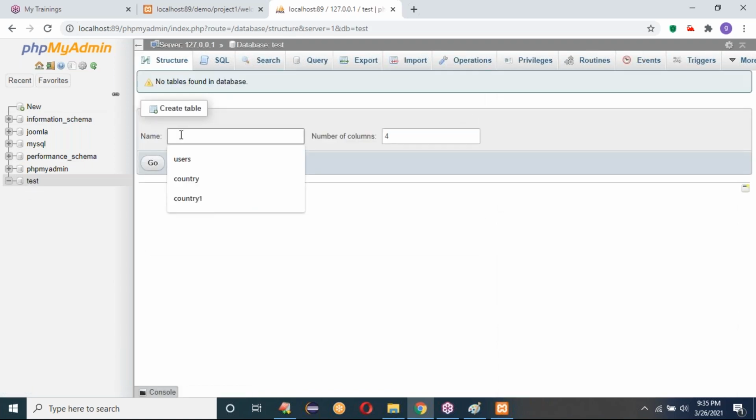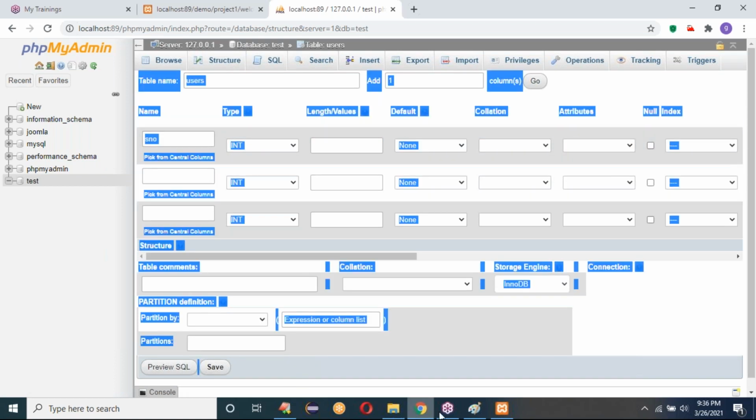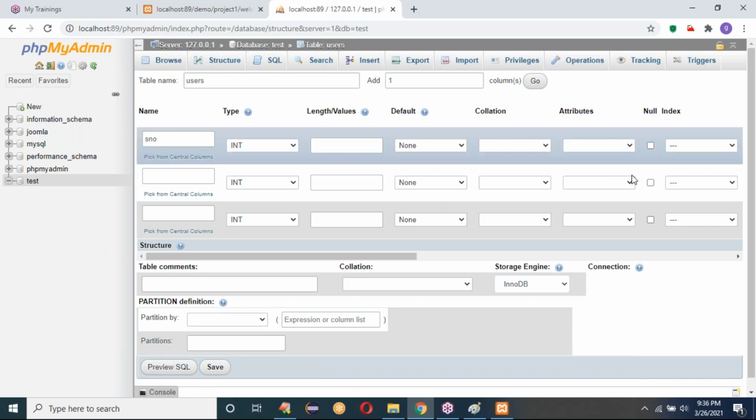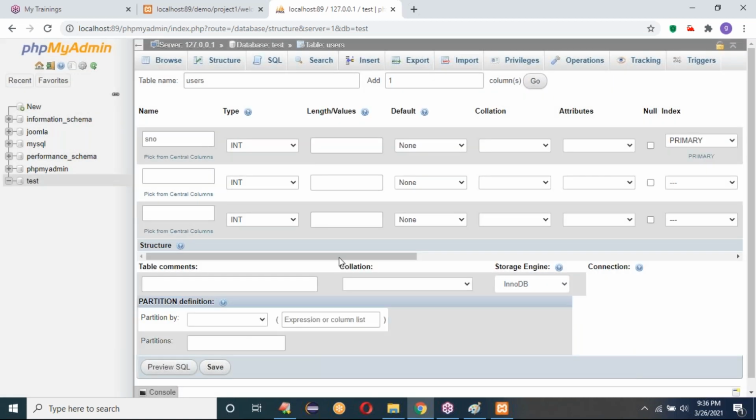So under this test database, what I want to connect here, users table. So I'll create here users. So how many fields we require? We need only 3 fields. So I want to check it here, serial number, email ID and password. Just I'll click on that go button. See, serial number, email ID, password. Here serial number, and I want to make this one as auto increment. Auto increment means that value automatically it will increment. Here auto increment, primary key you can make it, and it is automatically primary key, not null and auto increment.